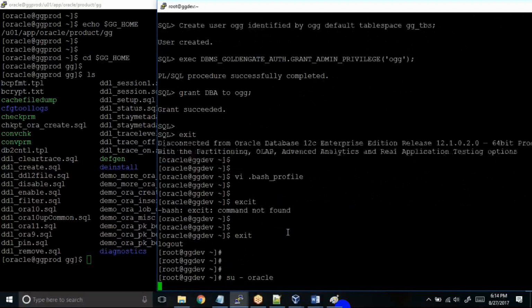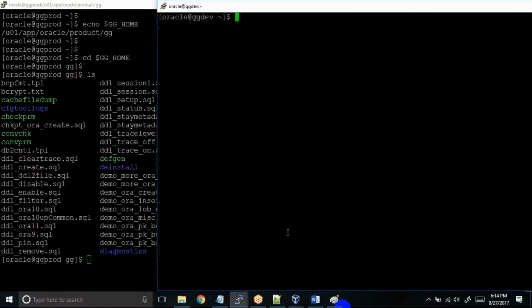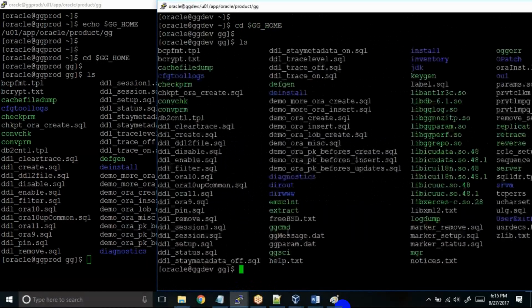We'll switch to Oracle. So cd $GG_HOME. Perfect. This is our GoldenGate home location where we have the GoldenGate binaries. So let me minimize this one